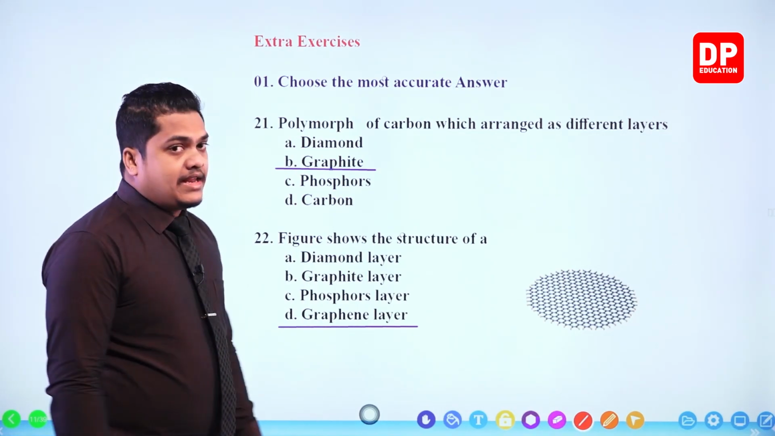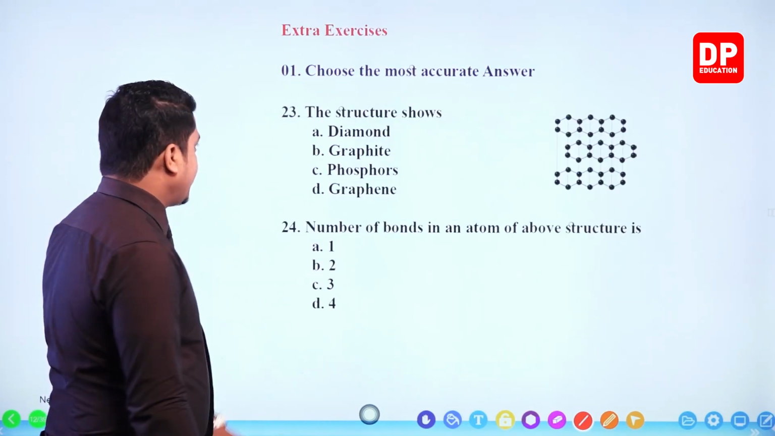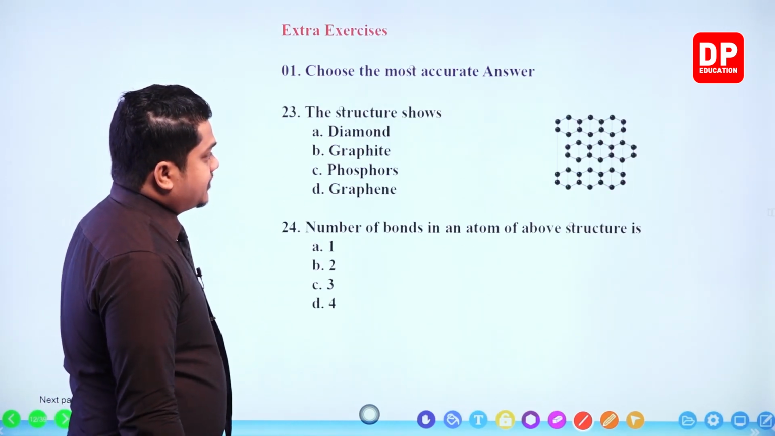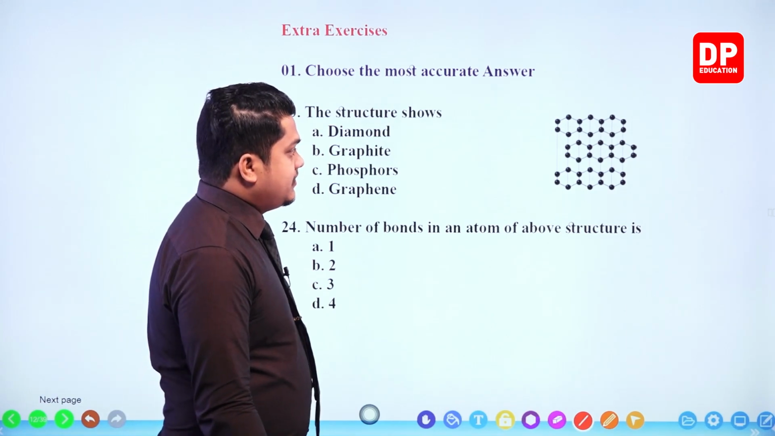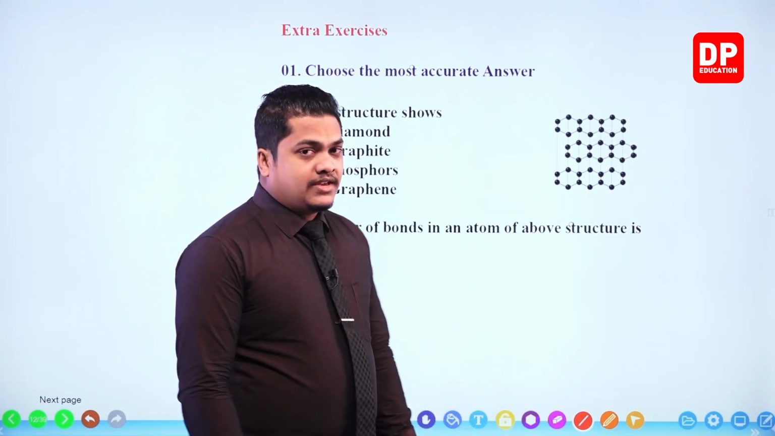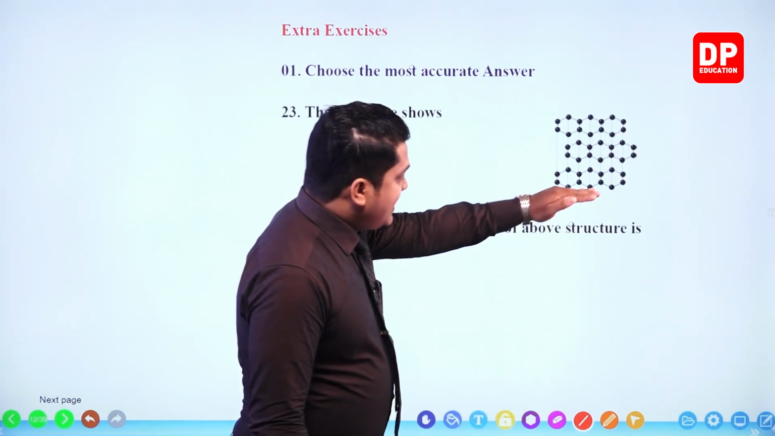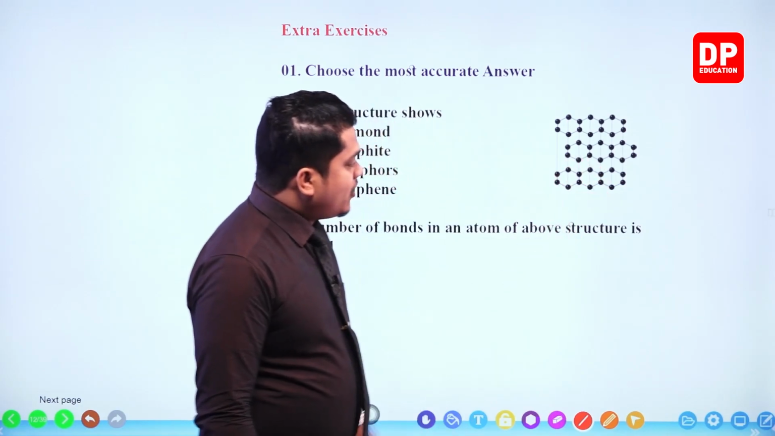A graphene layer. Okay. Question number 23. Now over there you can observe another structure. The structure shows, if they are arranged as layers like this, here you can observe layers,